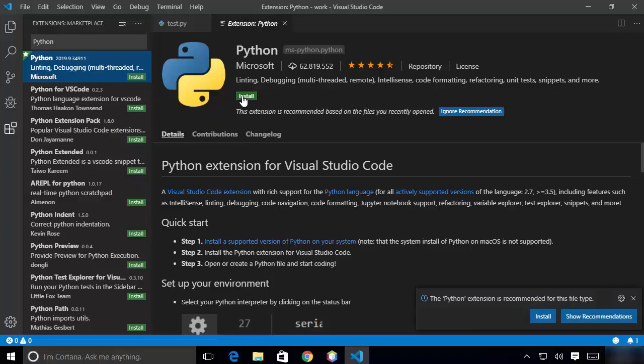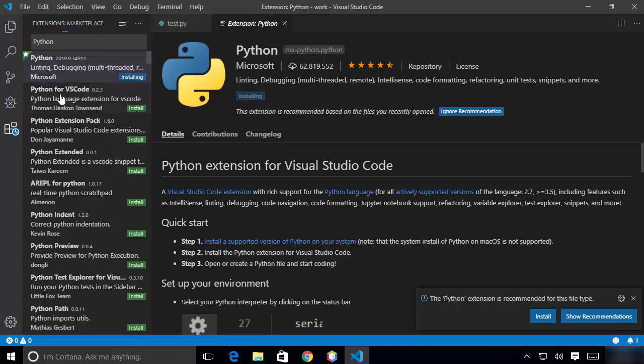If you just click on the install button, it's going to install the Python extension, and you can see how many times it is downloaded. It is downloaded about 62 million times. So it's the most popular, or one of the most popular extensions provided by Microsoft. That's also important, right? So I'm going to just click on the install button, which is going to install this Python extension.